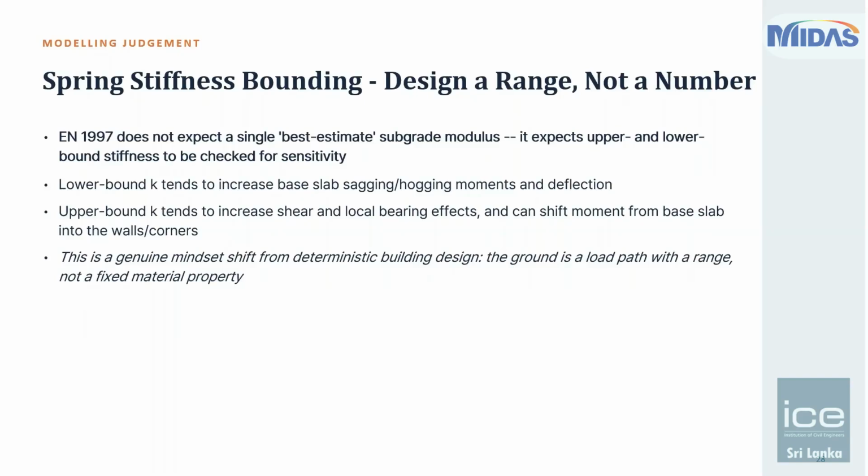So the value that you are using, if you are doing the upper bound and lower bound analysis, means you have captured all the critical cases of soil spring stiffnesses and the redistributions arising thereby because of this change of the expected soil spring stiffnesses. So that is the reason we must always perform the upper bound and lower bound estimate